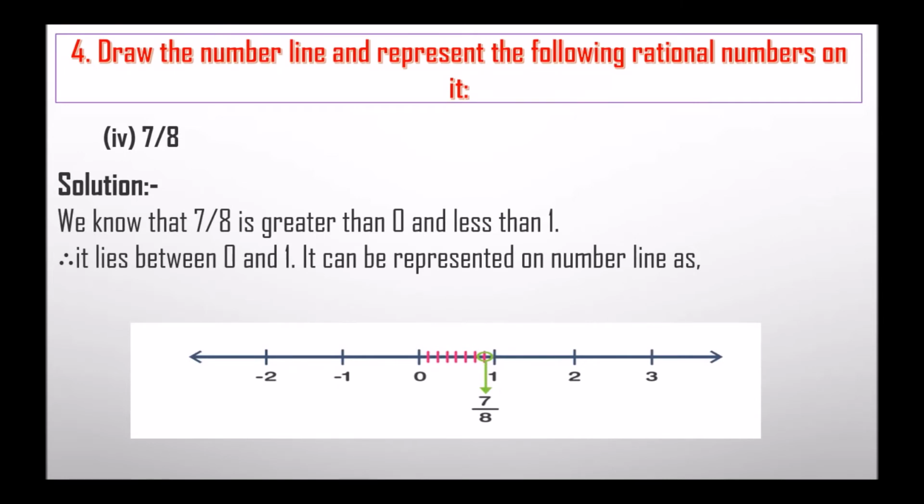7 upon 8. We know that 7 upon 8 is greater than 0 and less than 1. Therefore, it lies between 0 and 1. It can be represented on number line as